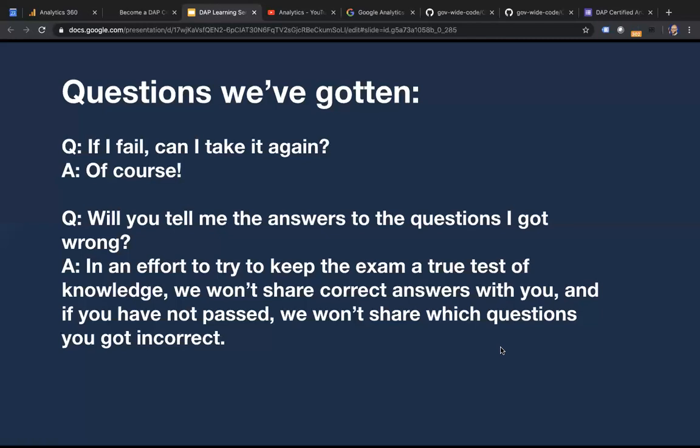We're not going to point you to the specific questions that you missed so you can choose a different multiple choice answer until you get it right. We're going to make you have to figure out which questions you missed. Again, we're not trying to make this a super easy activity. We're trying to make it something that's really a test of what you can do. But it's still only 50 questions and it's multiple choice.